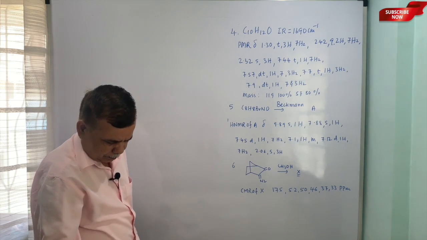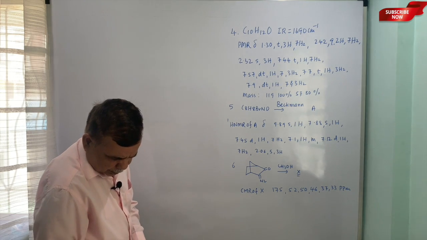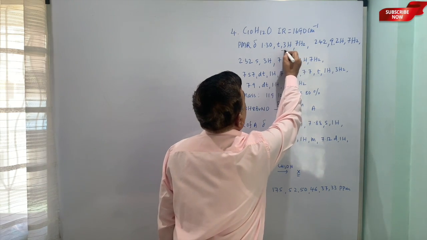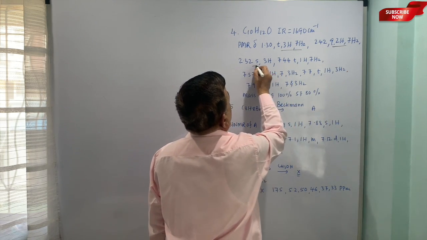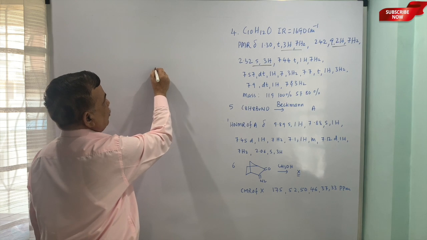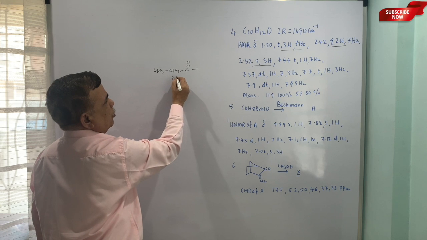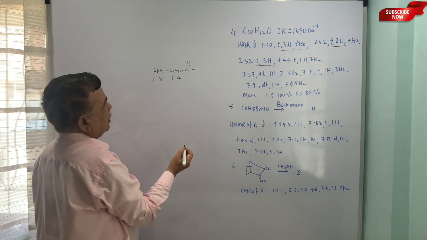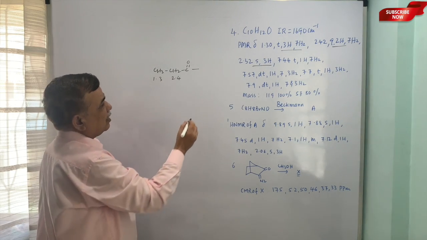Fourth example, C10H12O. So, once again here 3 proton triplet, 2 proton quartet and 3 proton singlet. So, I can simply write for them probably like this. This is 2.4, so 1.3, triplet quartet is assigned, and then 2.32 singlet